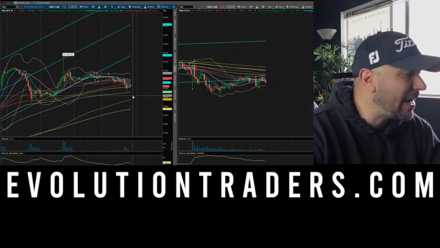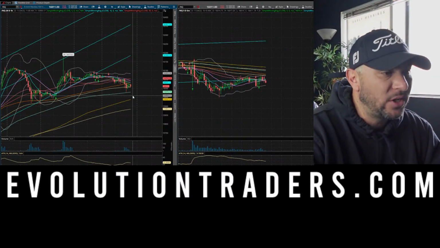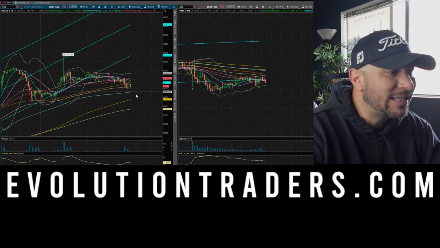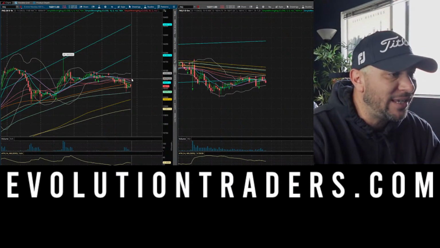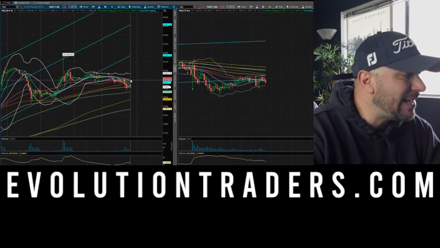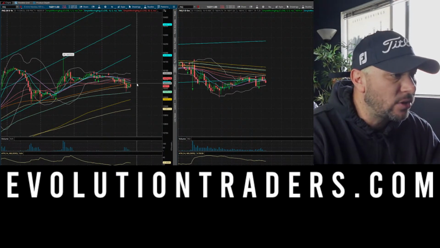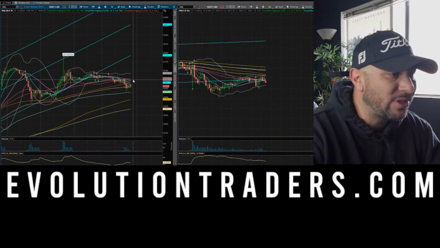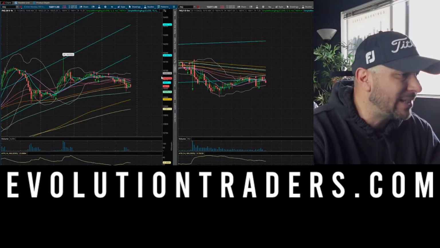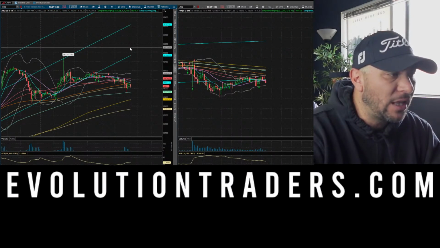To the high side, I don't even want to look at anything until we start to get over 16,050. 16,054 is your 50 SMA here. I need us to close over that 16,054, and then I need to see a preceding candle take that out. From there, I've got room to 16,083, and over that, we've got a lot more room to stretch and put in some more highs.